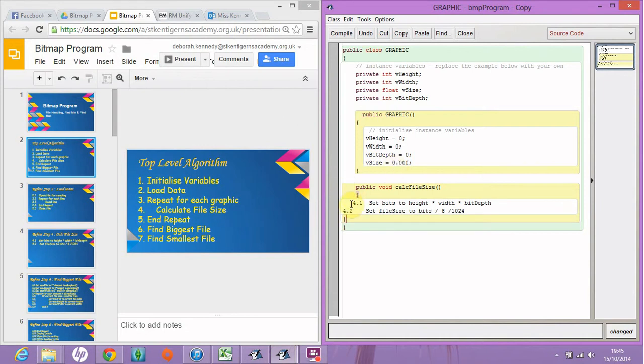Now these are my comment lines, and that makes it much easier because you've already done them. So bits is in here. Now I'd already set up the variables, but we don't have a variable called bits, so I'm just going to declare it within the procedure. Now because it's a variable local to the procedure, it means that I don't have to say that it's private, it's automatically private. Now bits is just going to be height times width times bit depth, so I'm going to make it an int, so I just type int vBits equals, and it's height times width, so it's vHeight times vWidth